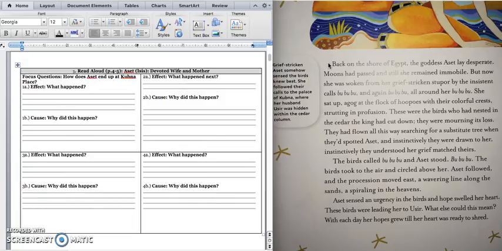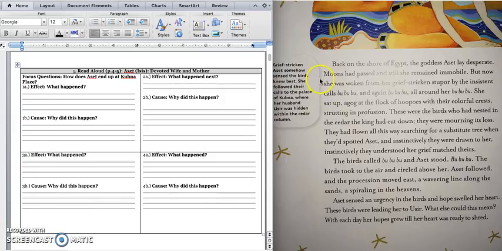These were the birds who had nestled in the cedar that the king had cut down. They were mourning its loss. They had flown all this way in search of a substitute tree when they spotted Aset, and instinctively they were drawn to her. Instinctively they understood her grief matched theirs. We'll stop right there because we have a few things that happened. The first thing that happened was that Aset was awoken from her grief-stricken stupor